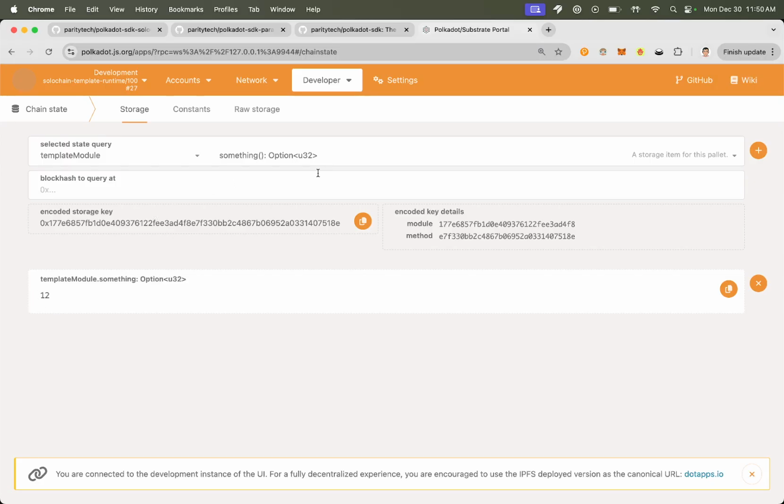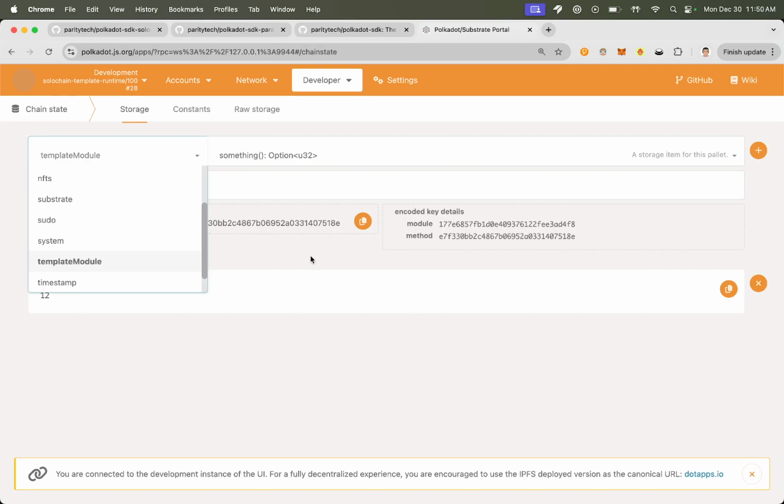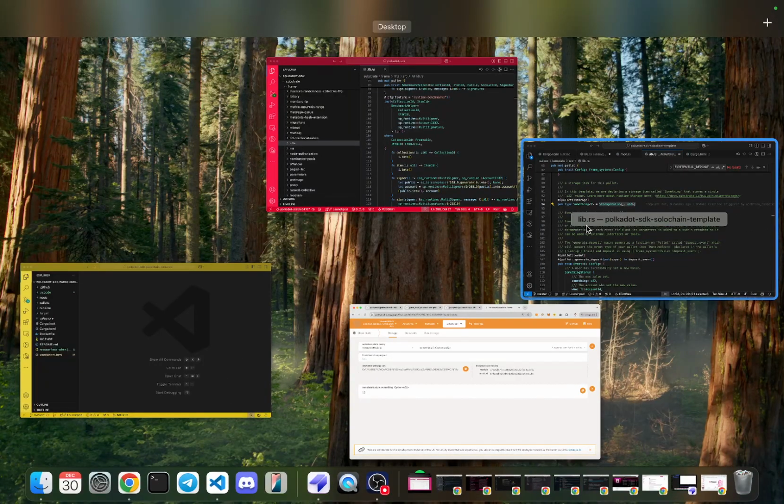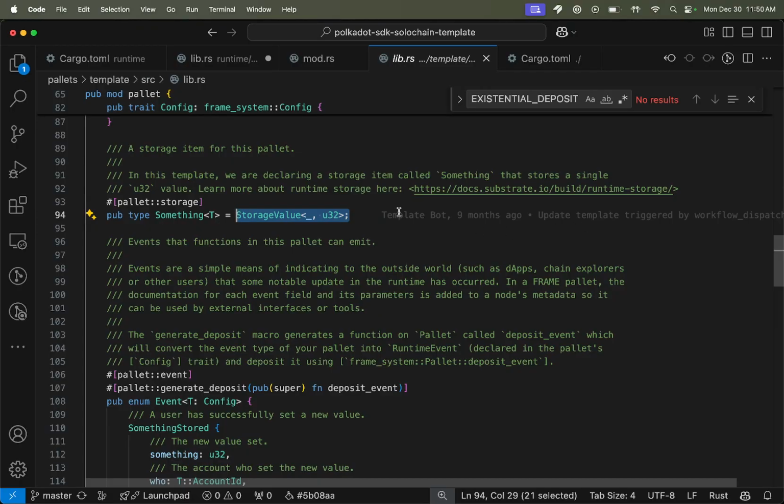Okay, so you can see this video was just to show you how to configure a template into a runtime, so a pallet into a runtime. So that's pretty much it in a nutshell. The hello world version of that, right? From here, you can try creating your own template. From here, you could try to use a production ready pallet from Substrate and configuring that into your runtime